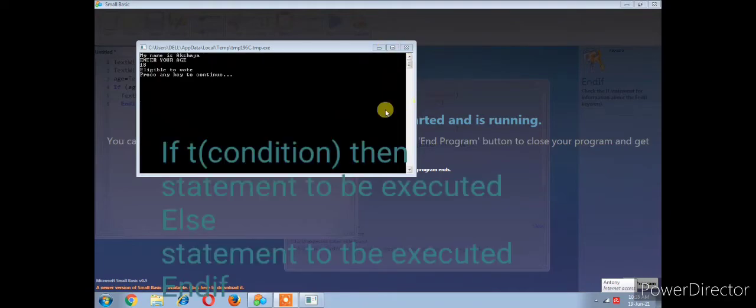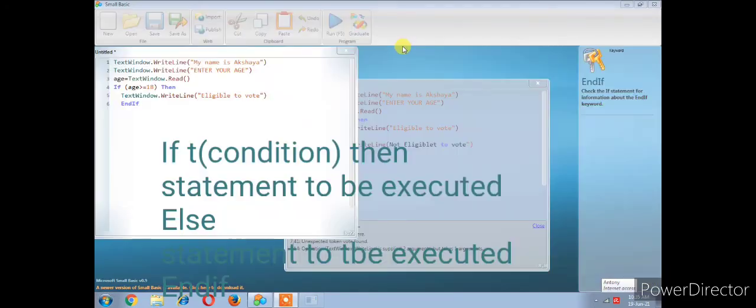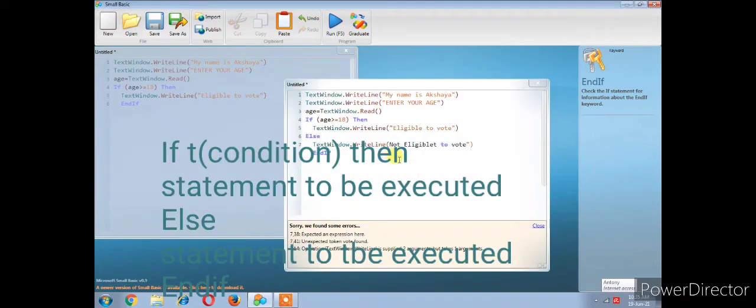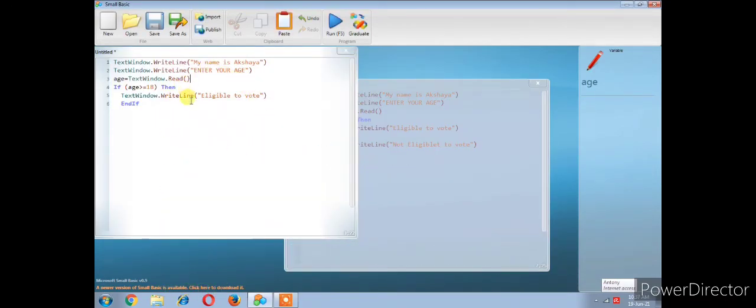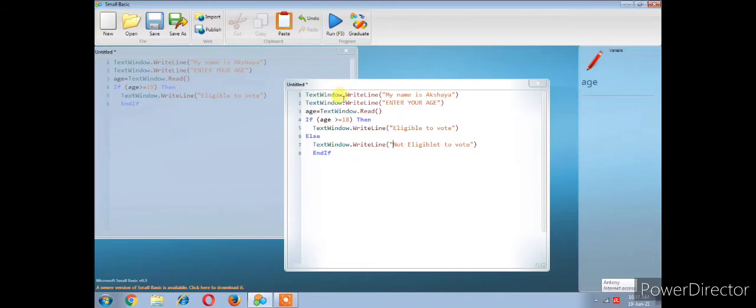In the if then else statement: if the condition, then statement to be executed, else statement to be executed, end if. Same example, if the age is greater than 18, you are eligible to vote. That is the first statement. Else, you are not eligible to vote. That is the second statement. If the condition is true, the first statement will be executed. If the condition is false, the second statement will be executed.